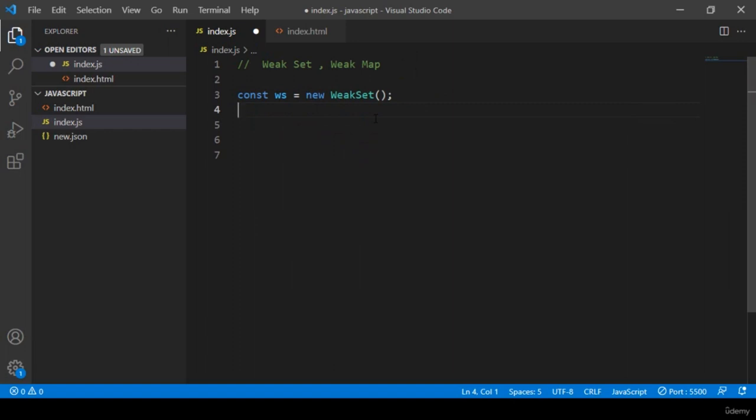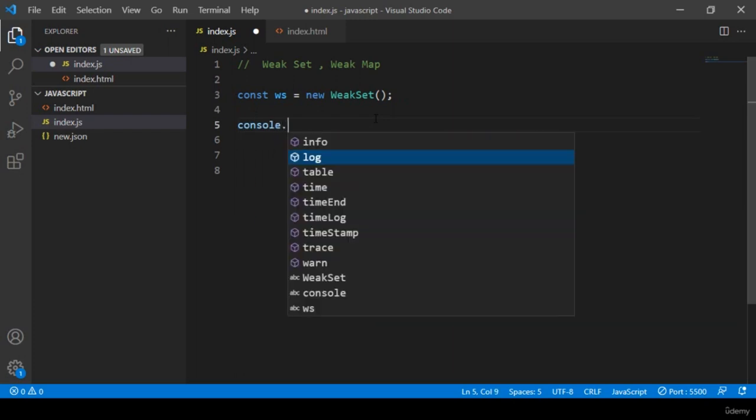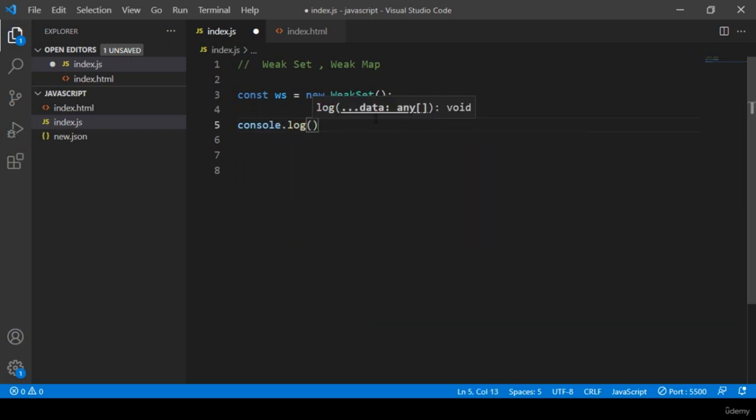difference. Into the Set you can declare string values, but in a WeakSet you cannot declare any string value or any boolean value; only objects are supported. Okay, I will show you how. If you want to check it with the console, console log, with this console log we check it first, then everything will be clearer. Here I simply pass it